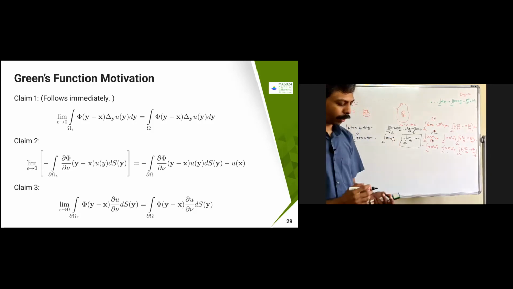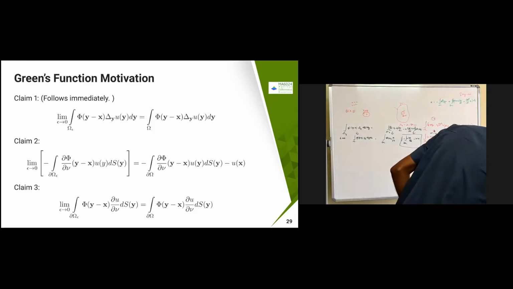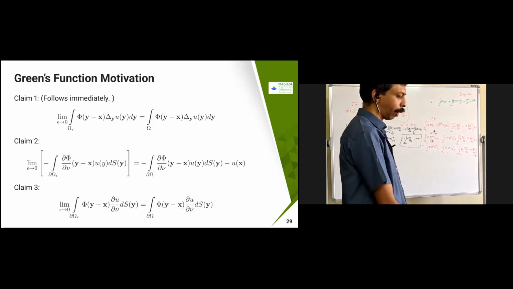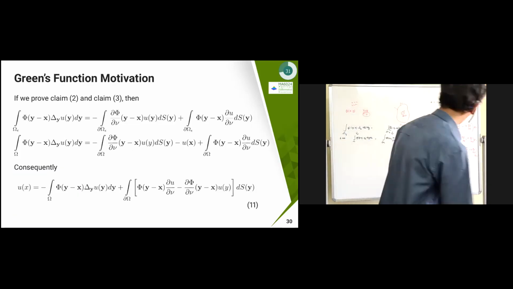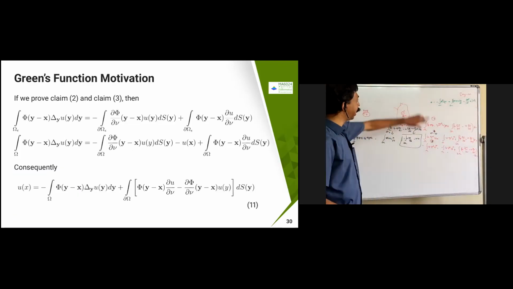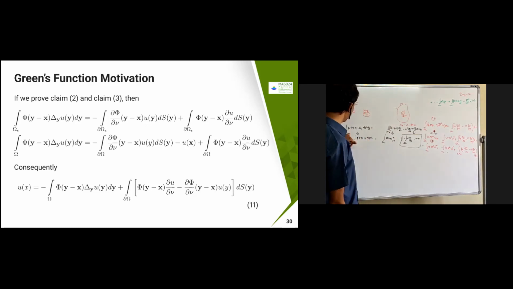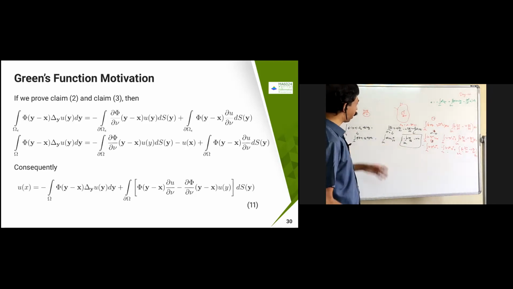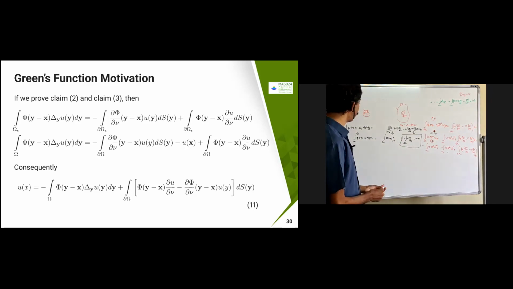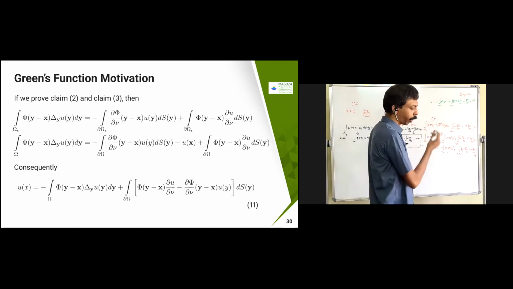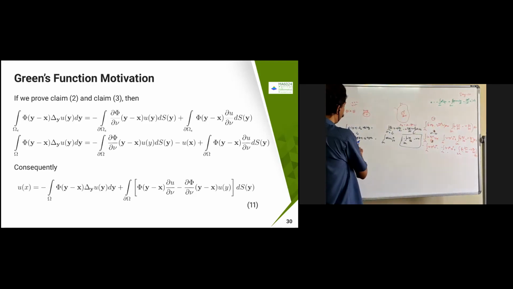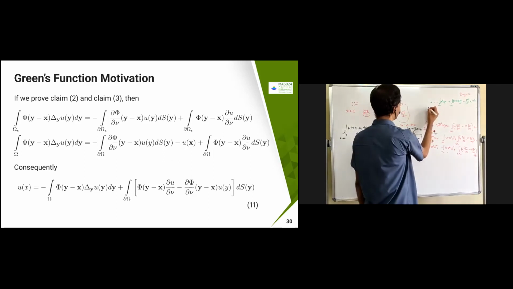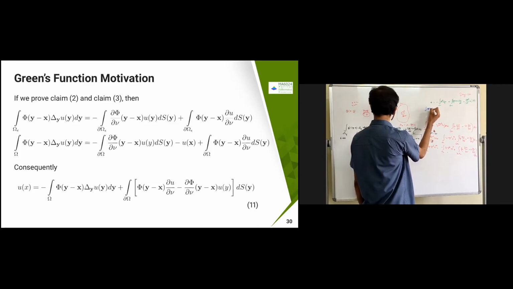So if you claim these three things, we are going to get this expression as follows. Just remember that we have one identity here, and another identity here. Suppose we claim these two; then this is also going to become omega. In that case, I am going to get u of x. If I just use this one, π of y minus x, and so on. So I have the second identity, π of y minus x, Δy u,